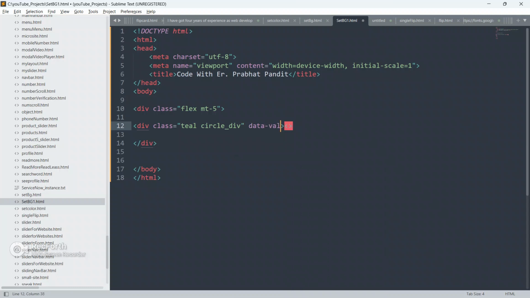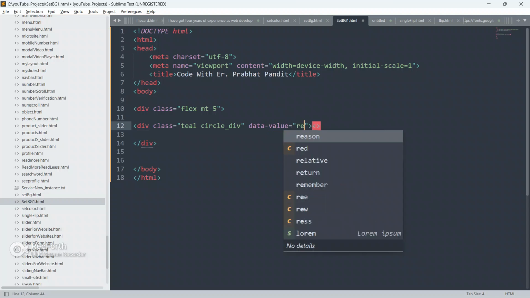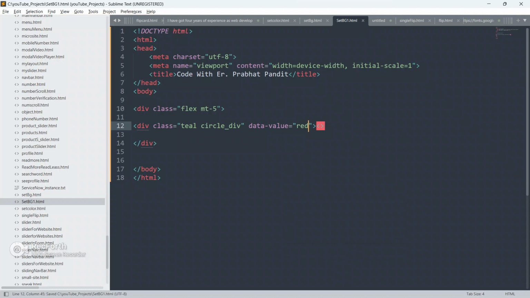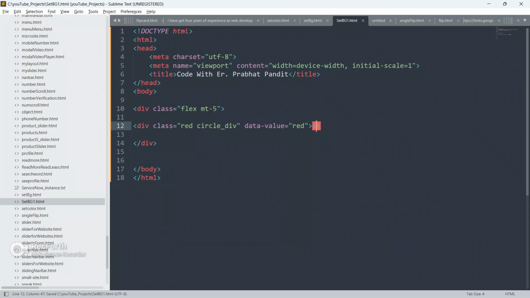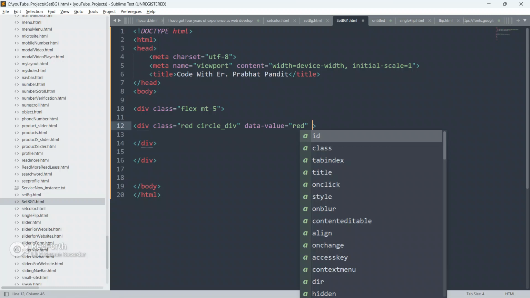Here I am going to use a data attribute. Give the data value as red. Make this red also. Close this div first.